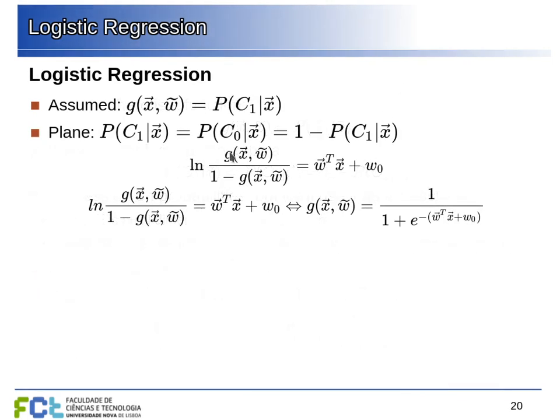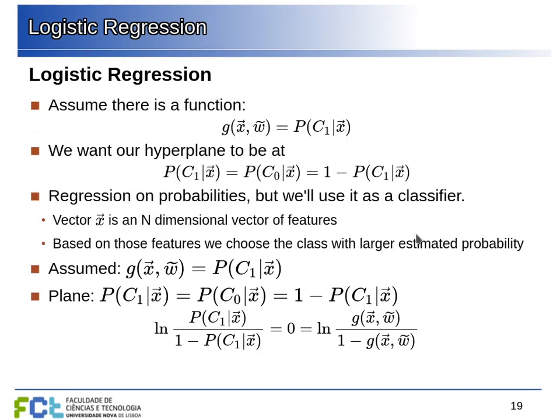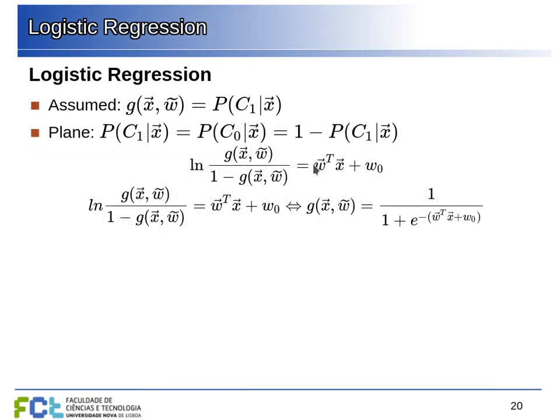So if we put in these conditions, we know that the logarithm of the function and 1 minus the value of the function must be 0 at the discriminant, and we also have a linear discriminant. A linear discriminant can be described like this, or we can just put the W tilde there, because the W tilde includes not only the perpendicular vector but also the constant. So basically this is what